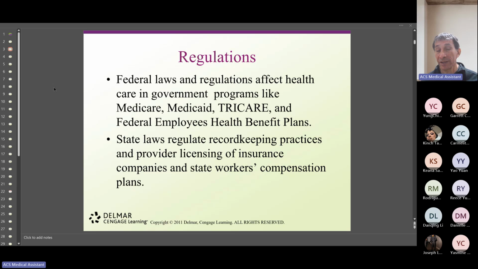Because remember, workers' compensation has to do with injuries on the job. If something happened to you where you're working, you get injured, then now your insurance, not your personal insurance, that's not the one that's going to pay for your services. It's going to be the employer's insurance. The company that you work for has a special insurance that is called workers' compensation. And that's the one that's going to pay for your wages, for the time off, and for all the services required for your treatment. That's basically what it is.